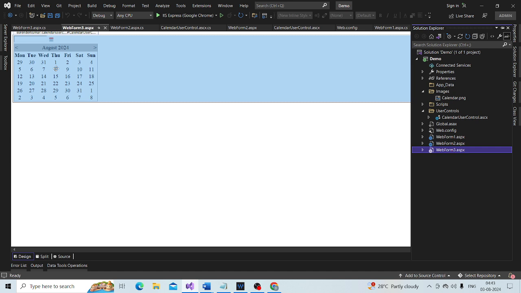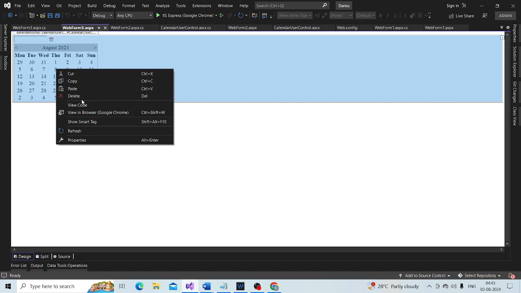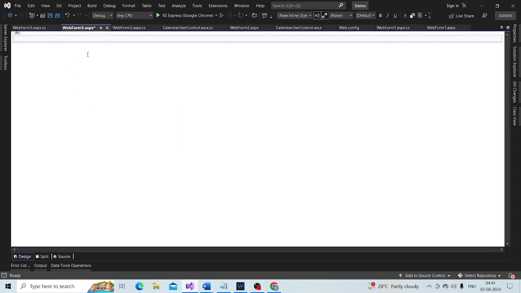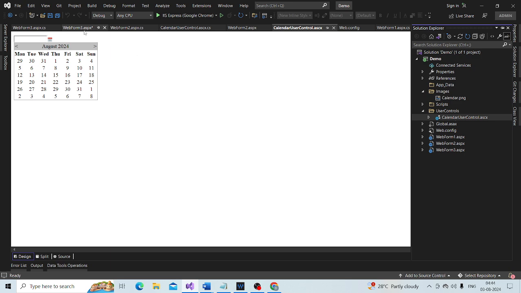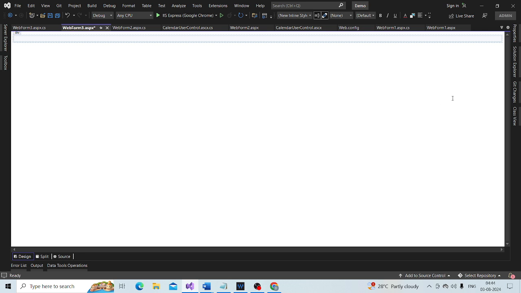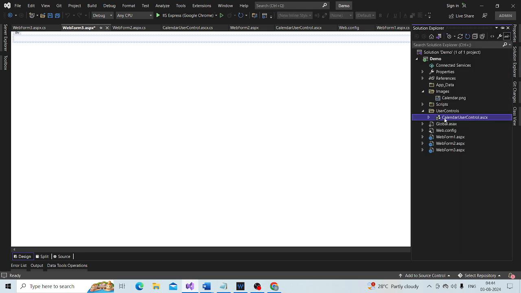If I delete it to show you again, now I drag and drop this calendar on webform3. Simply drag and drop.